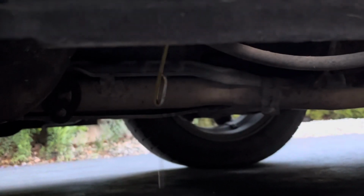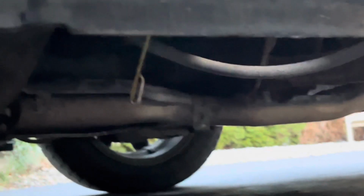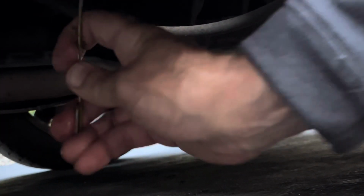So here, let me give you an idea. You follow it all the way down into the cup, through the hole, and then on the bottom side it'll actually come out the bottom. There it is. See the water dripping off the end of the coat hanger? That's water that's trapped inside that tube. So we can grab it and move it all around and auger that tube out,